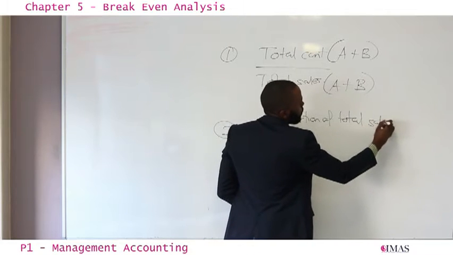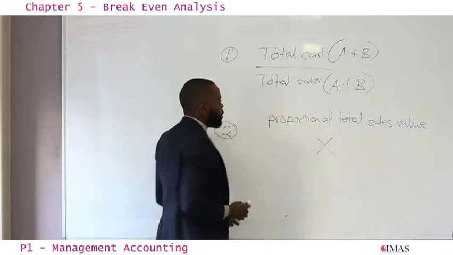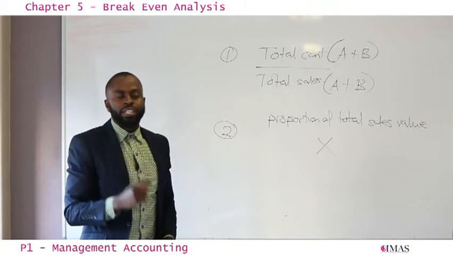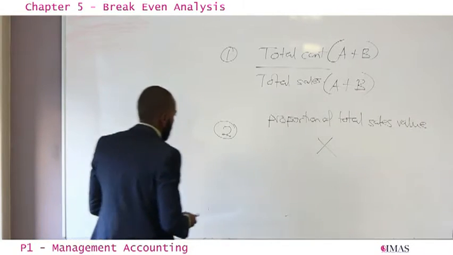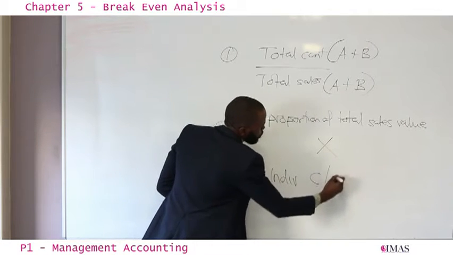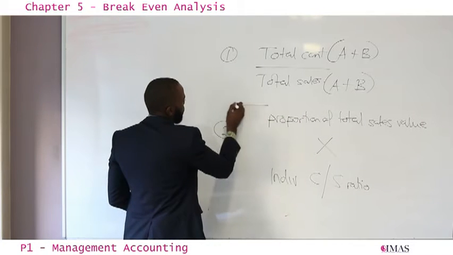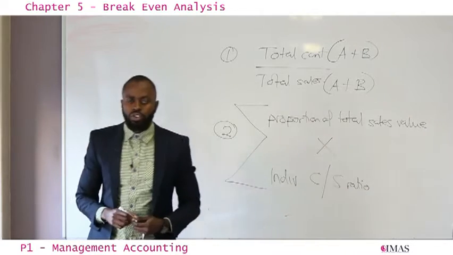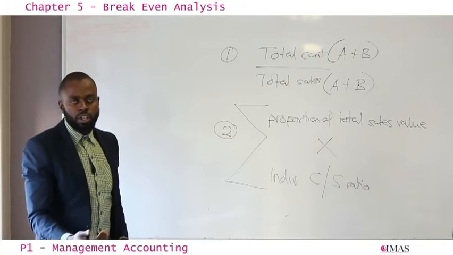total sales value. So if you have 3 products, first you need to get the total sales. Then you determine their proportion. So you get the proportion of the total sales. You multiply with your individual contribution to sales ratio. Then what you do is you add all the products. So you get the proportion of your total sales, multiply with the individual contribution to sales ratio, then you add